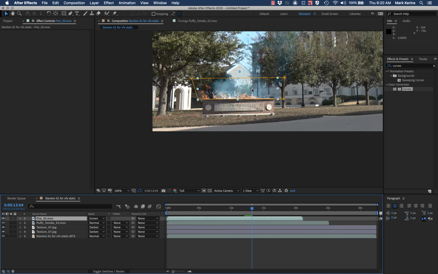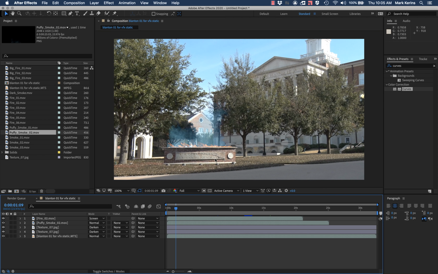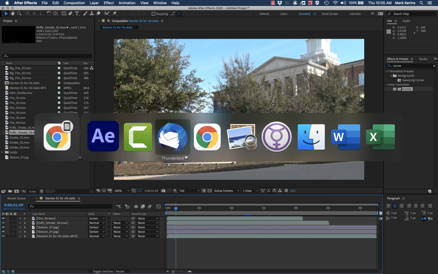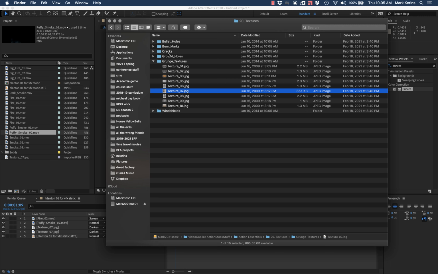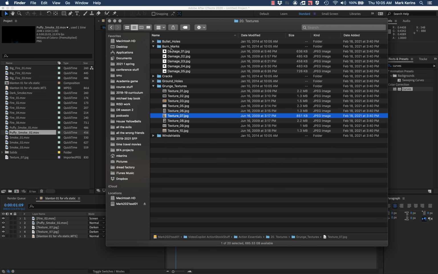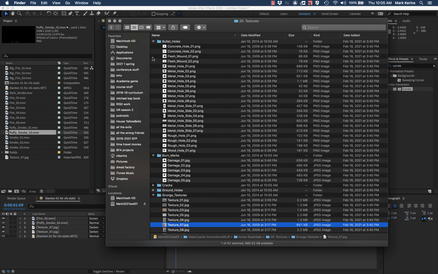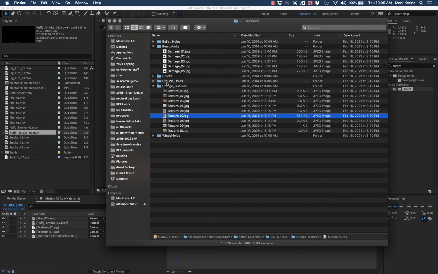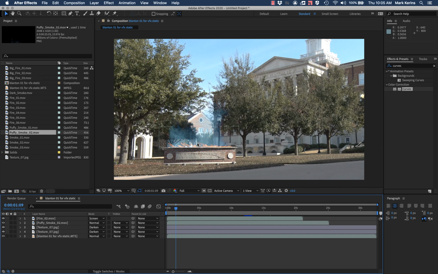Okay, so at this point we've got some damage here. If we wanted to add some more damage, we could. You'll see in addition to these textures, there's some other things. You've got some burn marks, some bullet holes. You can destroy things as much as you'd like, a whole bunch of other textures and such you can work with. I'll leave that to you for the homework, but I do want to show you one more